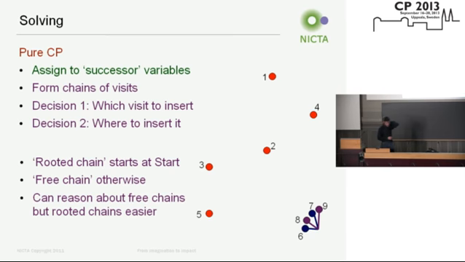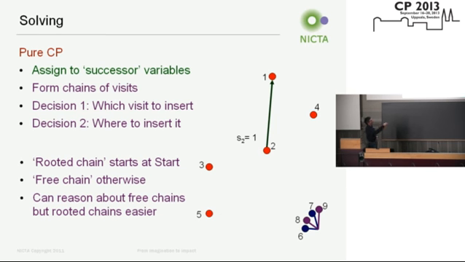So how do we set this? If we're going to take a pure CP approach, you just want to assign to successor variables. They're your main decision variables. So decision one, just as we were in that animation I showed you of creating a tour, we need to make two decisions. One, which visit to insert and where to insert it. If I choose to insert at one,